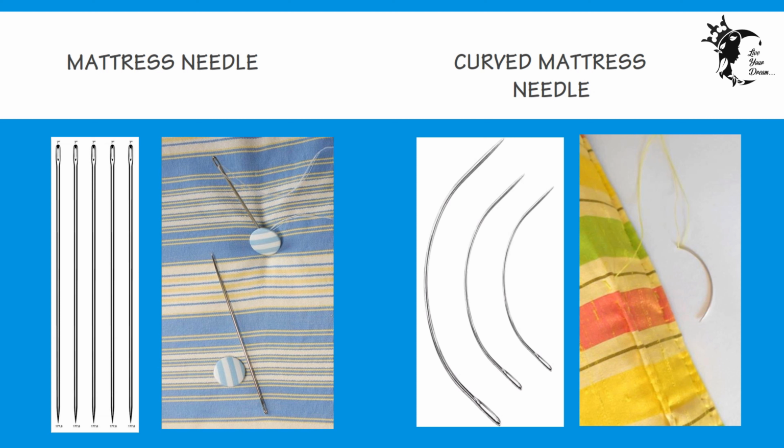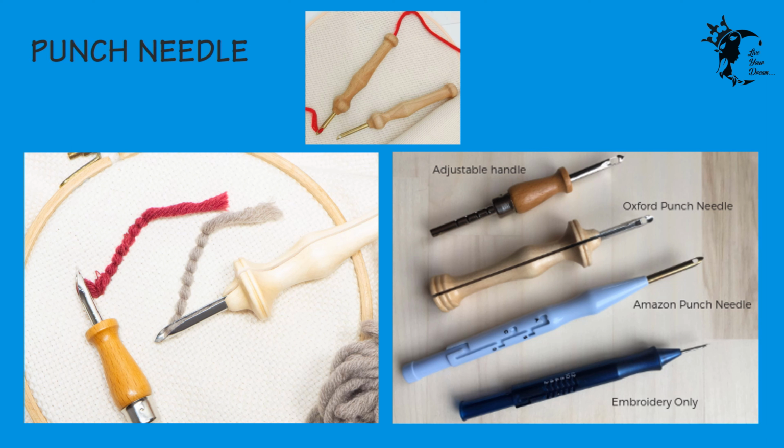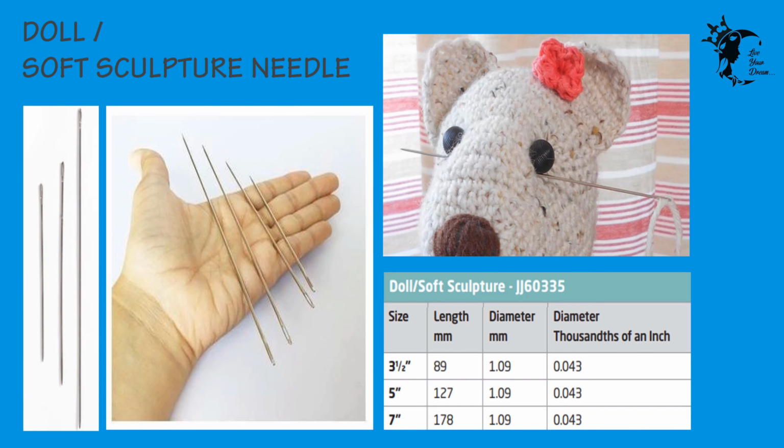Madras needles are long, sturdy needles used for sewing heavy fabrics used in upholstery work, tufting, tying quilts, and for general repair. Curved Madras needles are also available in the market, which are ideal for upholstery seats where only one side of the fabric is accessible. A punch needle is very much like a normal needle, but has a metal tip with a hole through which the yarn or thread runs. A handle provides a firm grip while working.